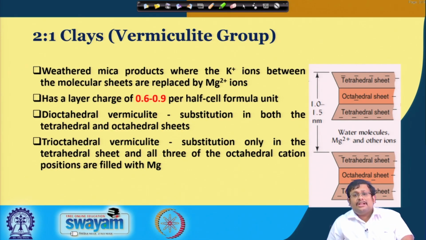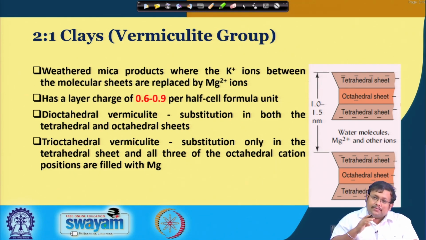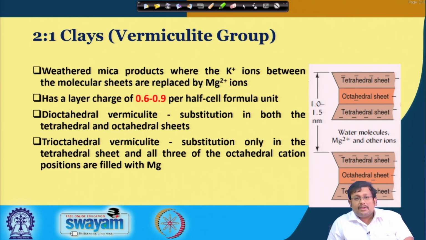Now, another important mineral is vermiculite. Vermiculite is basically a weathered product of illite. When illite undergoes further weathering, it converts to vermiculite. So, it is basically a weathered mica product, because mica is the major mineral from which the illite has been formed, and then further down this vermiculite